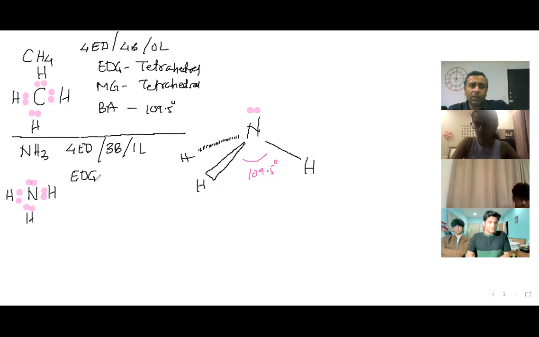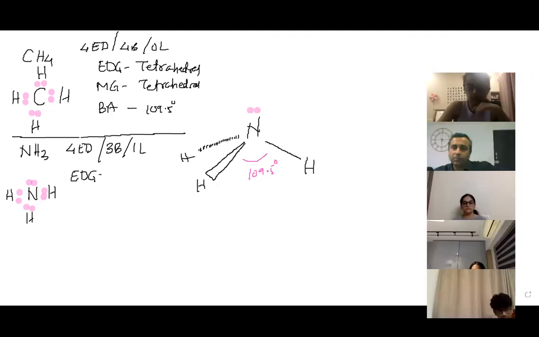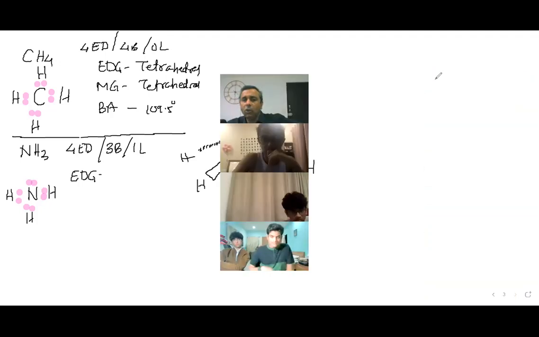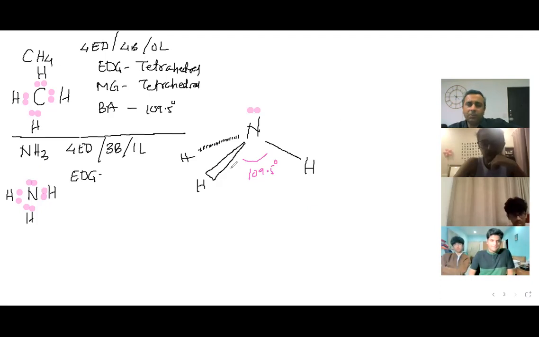What is the electron domain geometry here, in the case of ammonia? How are the electrons placed with respect to each other? In what shape? Tetrahedral, right? Electron domain geometry is the same for 4 electron domains, whatever number are bonded, whatever number are lone, it doesn't matter. Electron domain geometry only depends on the total number of electron domains. So if the total number of electron domains is 4, electron domain geometry will be tetrahedral, no matter how many are bonded and how many are lone. So this will be tetrahedral.